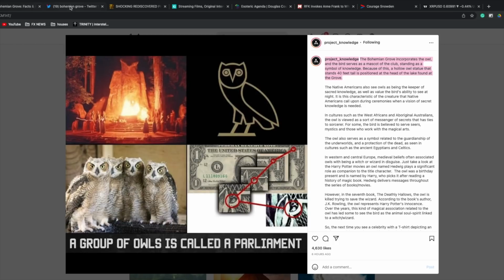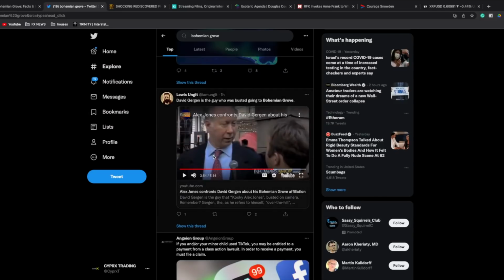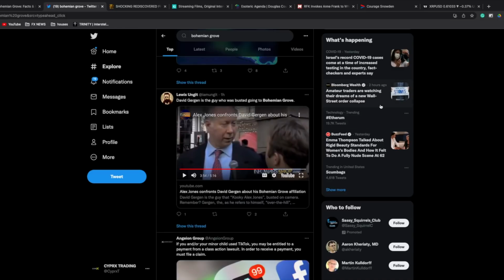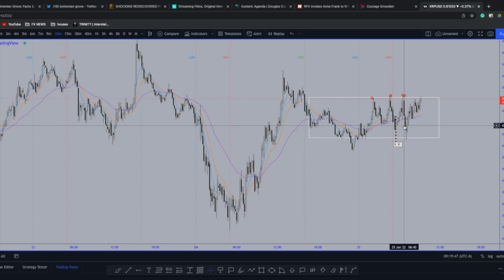However, okay, so back to what this guy said on Twitter, okay? He said that he's been there before, okay? So he confirmed that it is a real place. And when Alex Jones pressed him about the ritualistic stuff that goes on, he responded with, "That is none of your business." What? Guys, this is literally confirming again, and this is not even diving into all the rabbit hole stuff. This is confirming the elite's overall agenda, what it is surrounding cryptocurrencies, the stock market, the global elite's infrastructure changing what is going on in our world right now, okay?